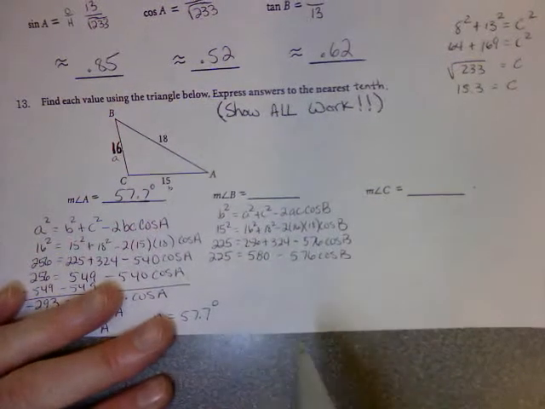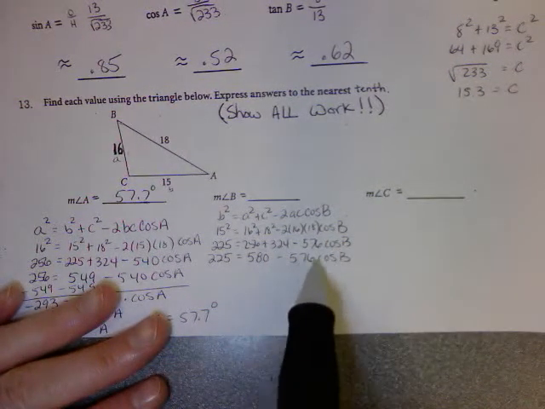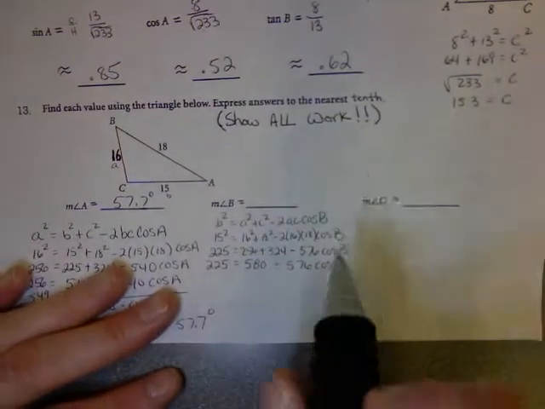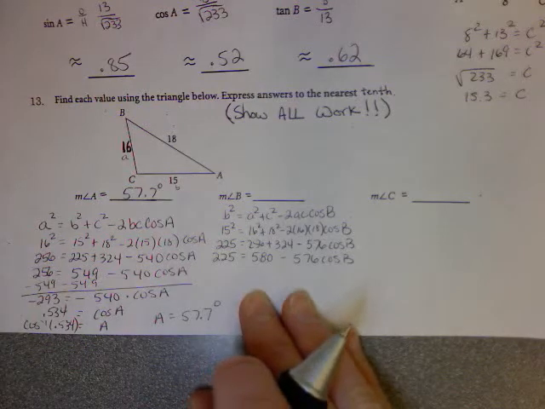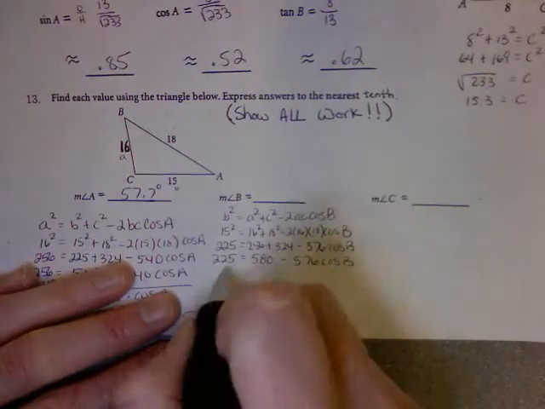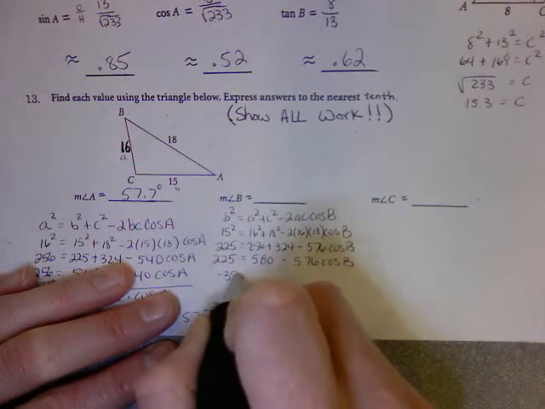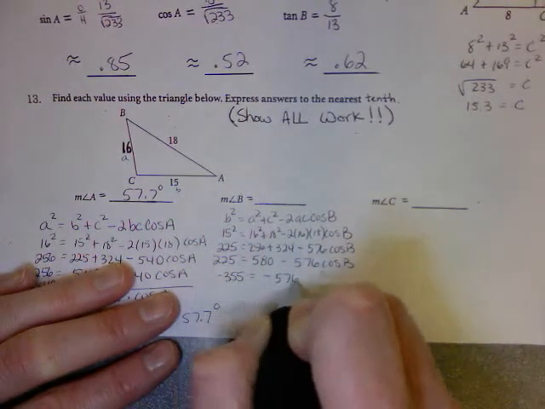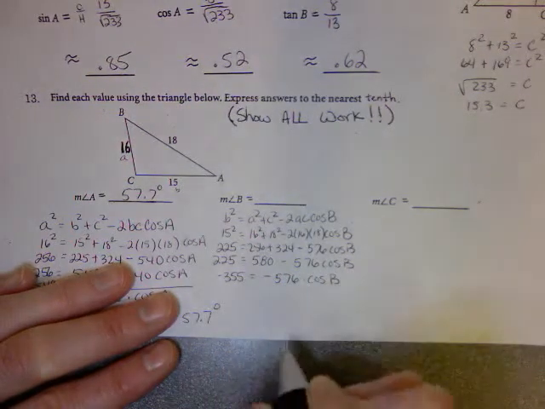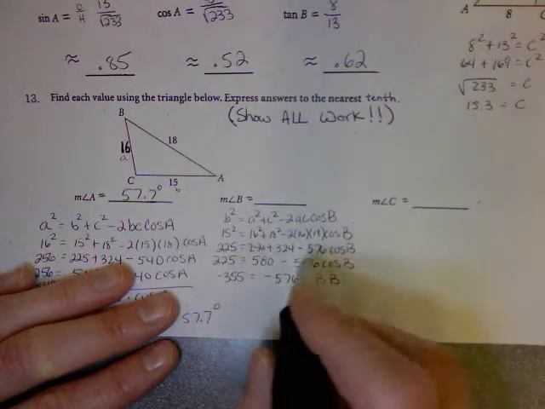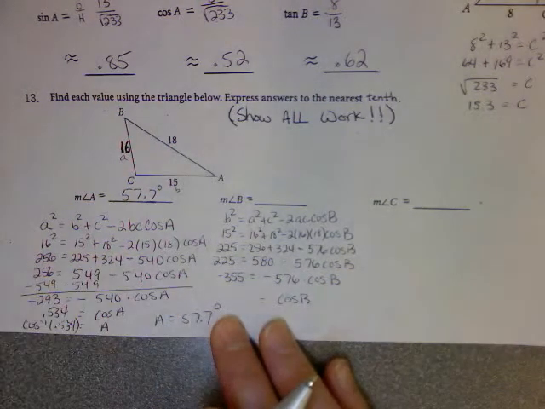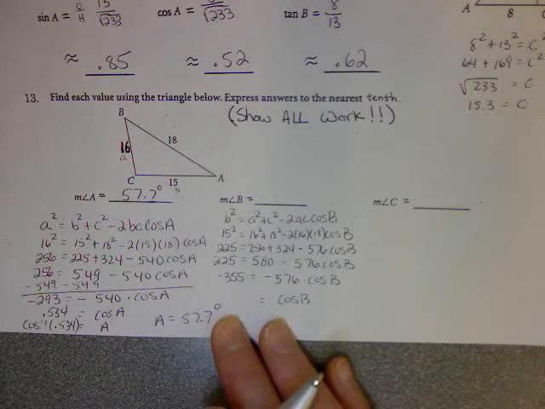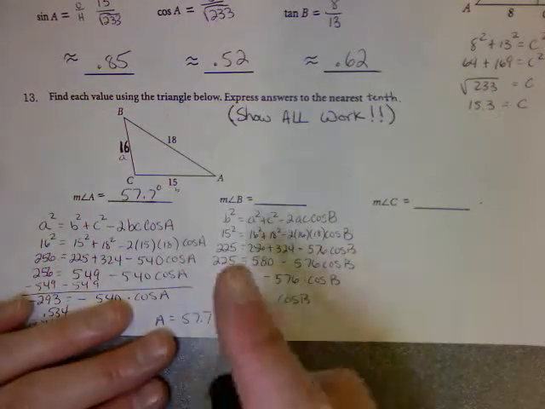You cannot add these. Order of operations says you have to divide that out last. So we're going to subtract over the 580 to the other side. So 225 minus 580 is negative 355 equals negative 576 times the cosine of B. We want to undo multiplication by division. So the cosine of angle B will be negative 355 divided by 576, which is